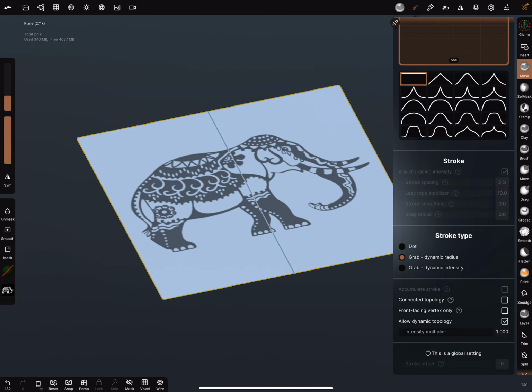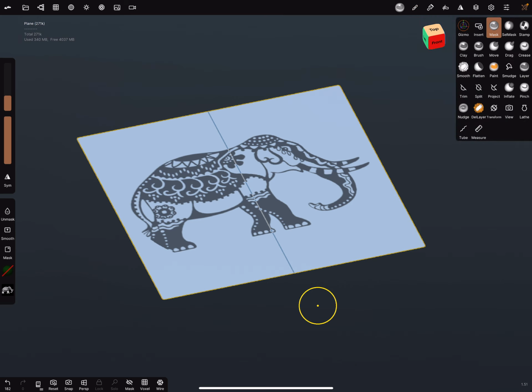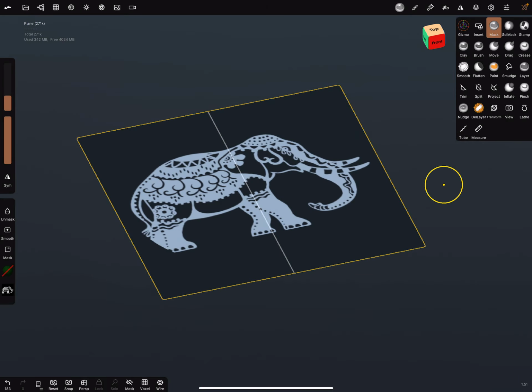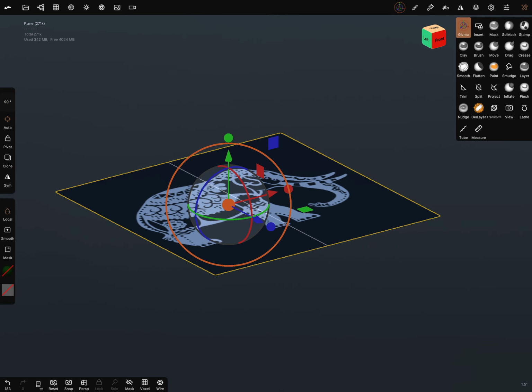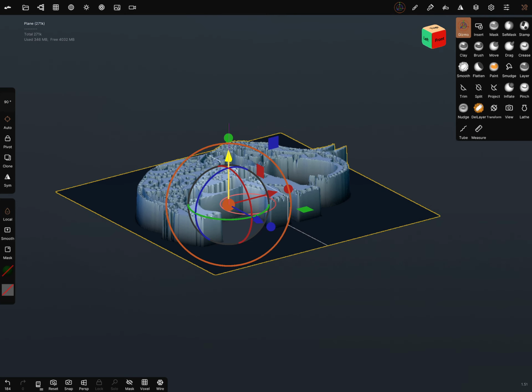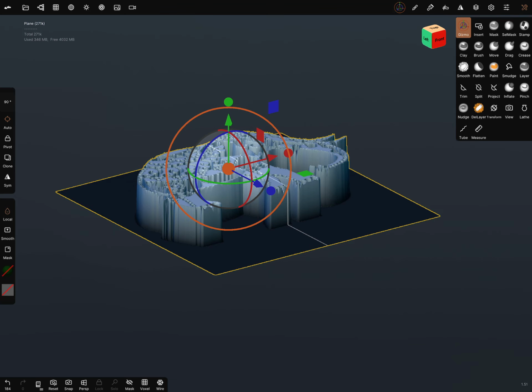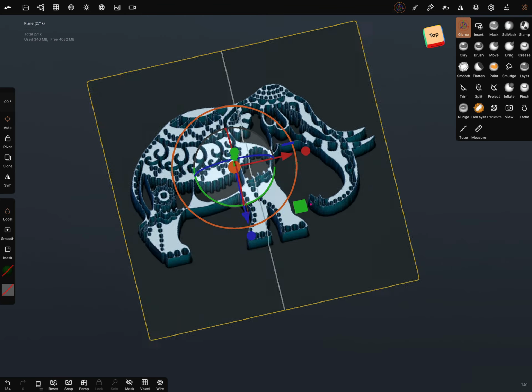And when you got it, you can press with the left hand on the mask, hold it, and use one finger tap, invert the mask, and then you can use the gizmo to scale it up. And now you have